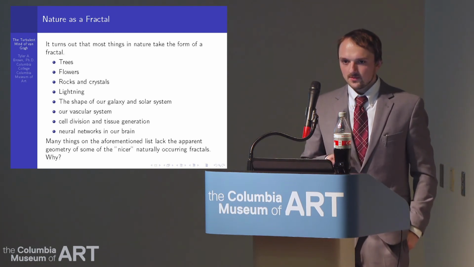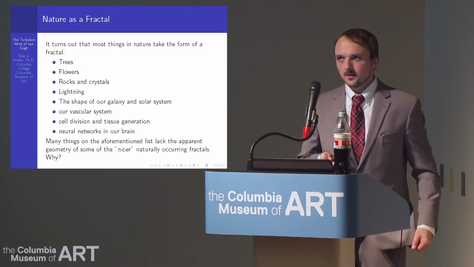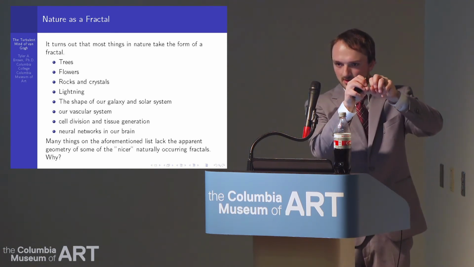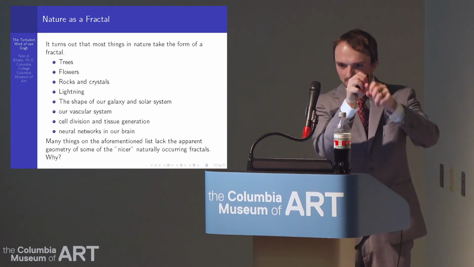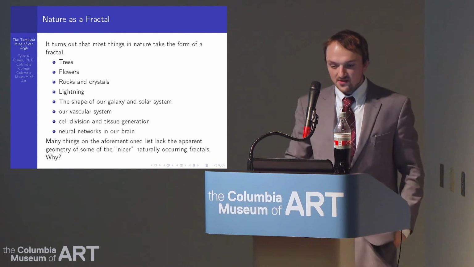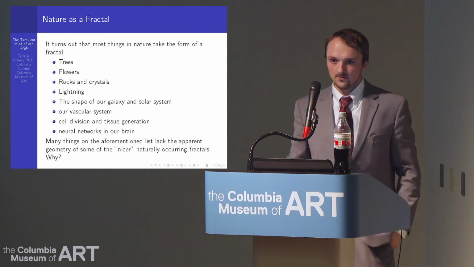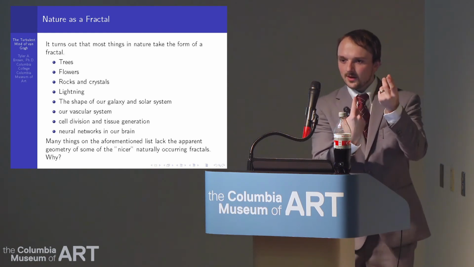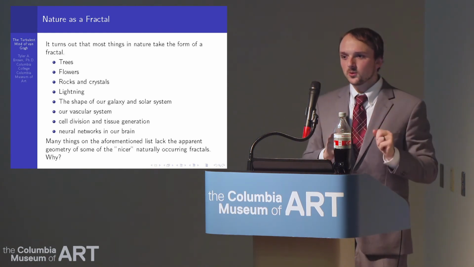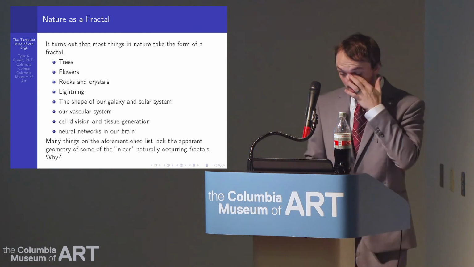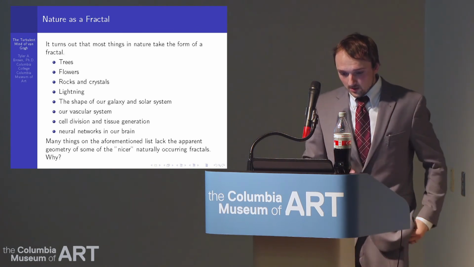Lightning looks like a tree, kind of, in a lot of cases. You have your main lightning bolt, and then the lightning is going to distribute its energy throughout the cloud system. It's just going to keep splintering. It's fractal in nature. The shape of our galaxy and our solar system is a fractal. Let's look at the solar system. You have your sun. You have planets going around it. Each of the planets has its own planets called moons, and so on and so forth. It's a small system of fractals. You don't have moons of moons, at least to my knowledge, in our solar system.